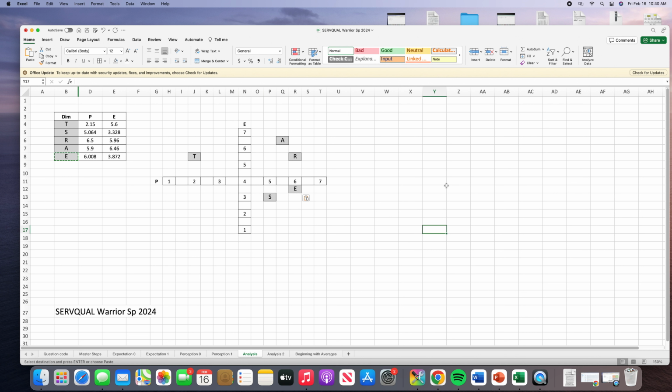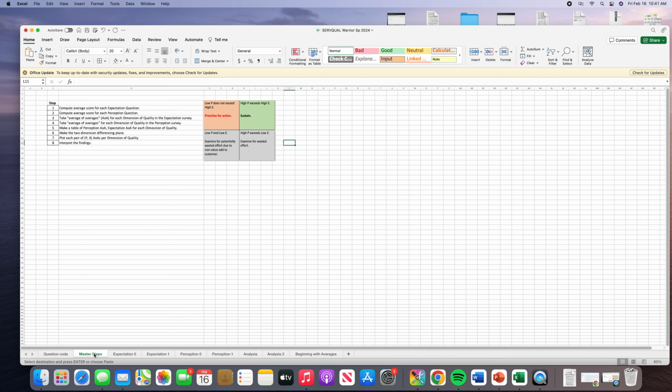Because otherwise, we just wasted a whole bunch of time, especially for people who have no desire to roll around in Excel. To understand what this means, over time, we're just going to memorize how to interpret it. It's not very hard to do, in my opinion, but we need to do a few repetitions before we have this down. So for today, in our Excel spreadsheet, if you go back to master steps, you'll see this Neapolitan